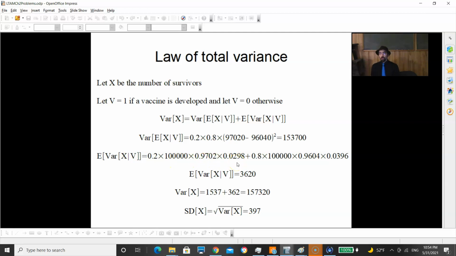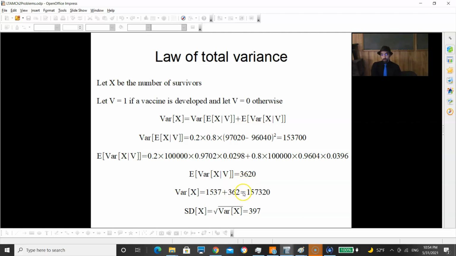I'm just using the formula for variance of a binomial distribution, and an 80% chance that it'll be similar with a different success probability of 0.9604, and so failure probability of 0.0396. Do the arithmetic, you get that the expectation of the variance of X is 3620,